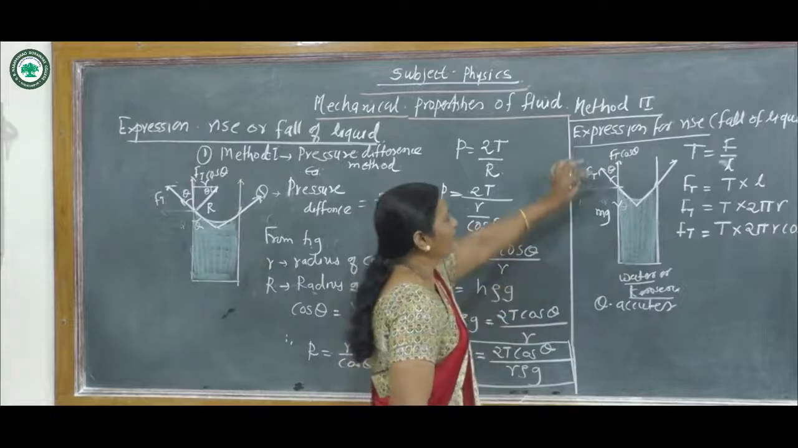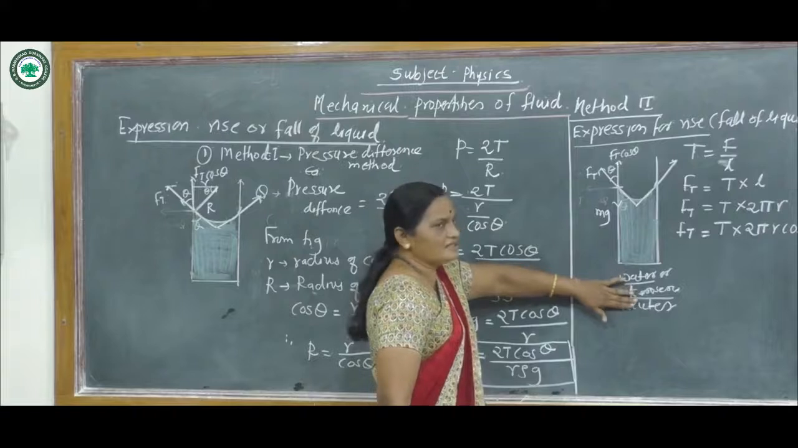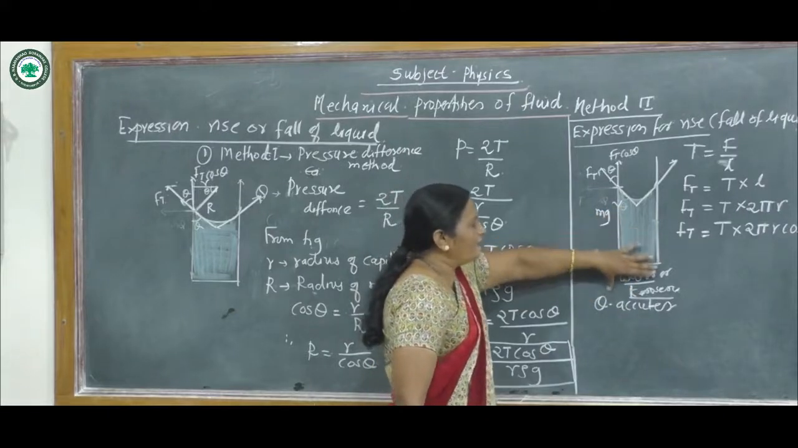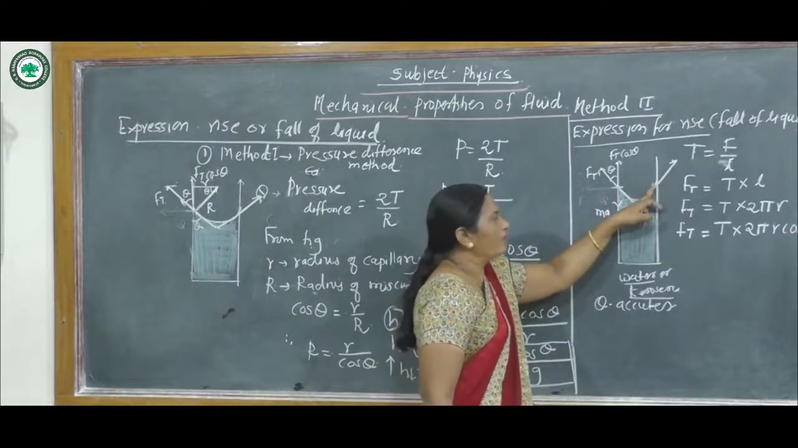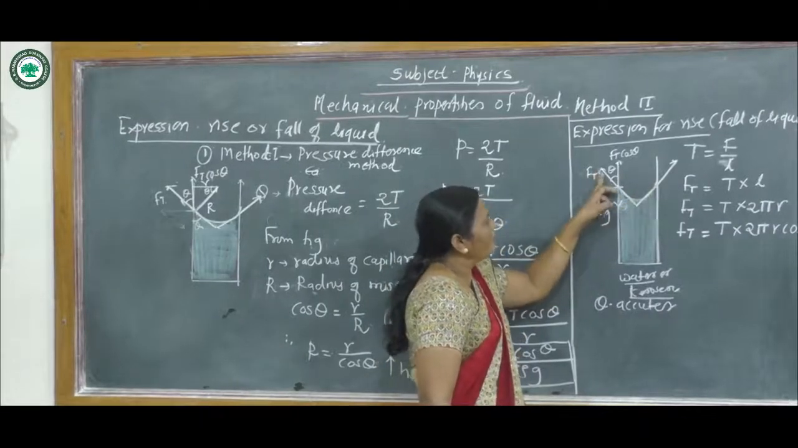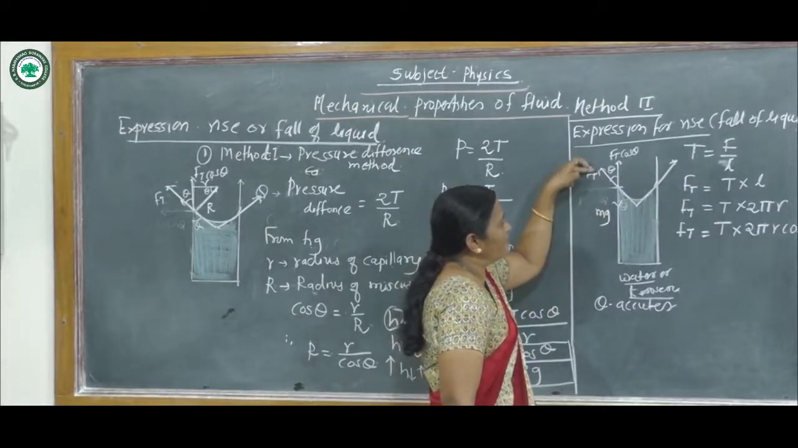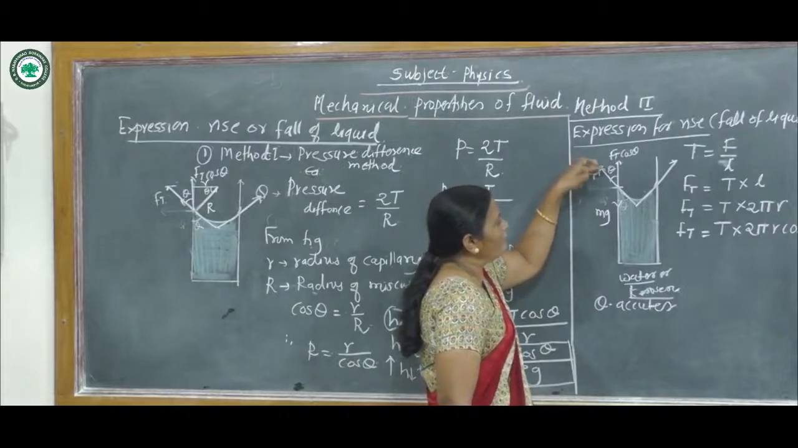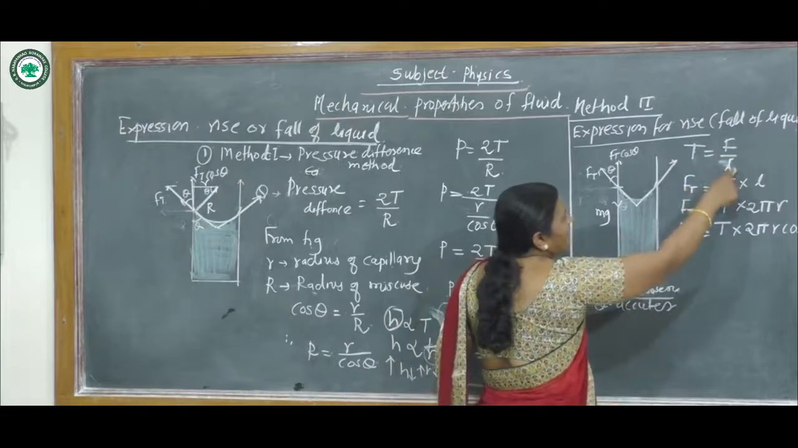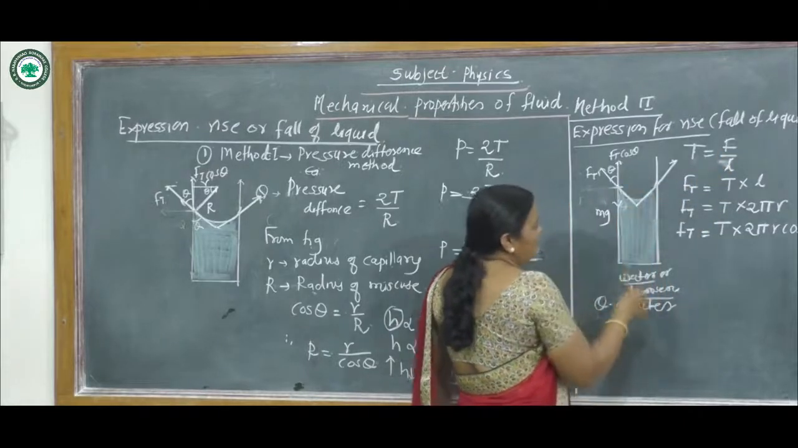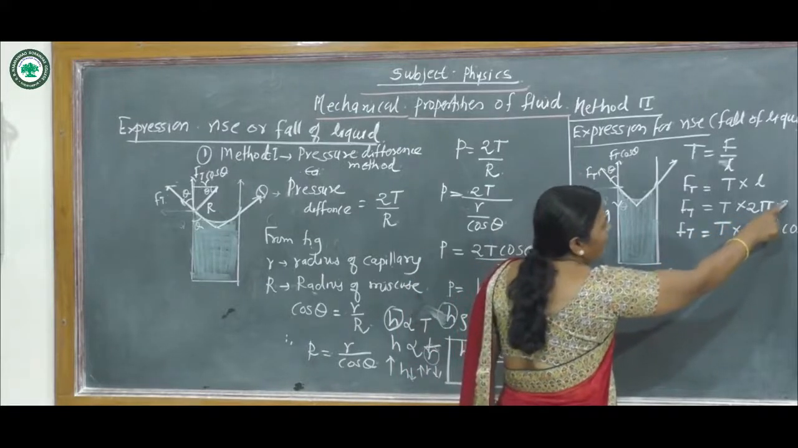Suppose we consider water or kerosene. In this case, the capillary is dipped in water or kerosene, and the free surface of the liquid forms a concave meniscus. If we draw the tangent to this meniscus, we get the force of surface tension here. Surface tension is nothing but force per unit length. The length of the meniscus is the circumference, which is 2 pi r,